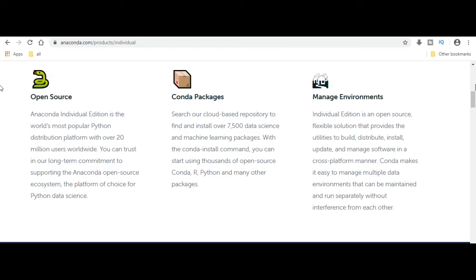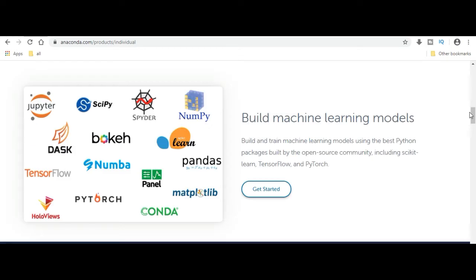The Conda package includes all the Python libraries like NumPy, Pandas, and it is the best tool for machine learning models, and it is helpful for building and training the machine learning models using Anaconda distribution.